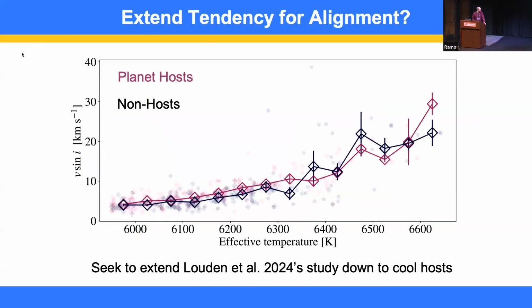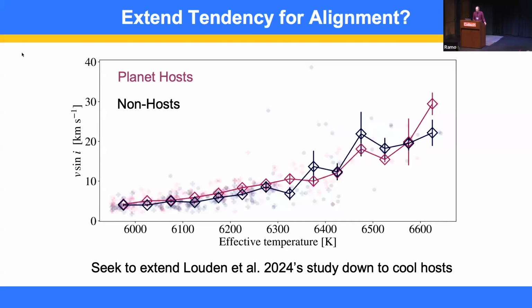And using this method, Lubin et al. in 2024 showed that for stars above the Kraft break, the hosts and non-hosts are spinning at a wide range of rates of V sin I values, where the hosts and non-hosts have no relationship to one another, with V sin I being a proxy now for obliquity, given that higher V sin I rates are more likely to be closer to edge on,